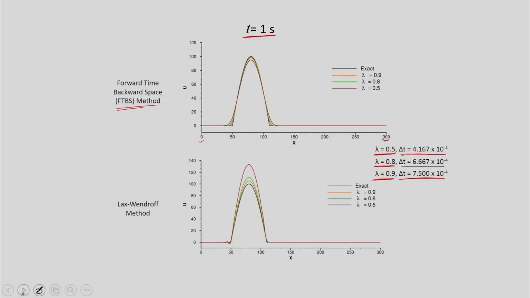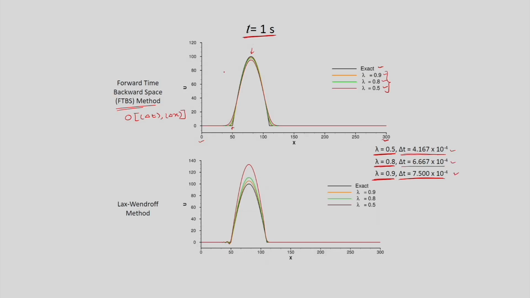And obviously, if you decrease the value of λ, then accordingly you will get some error in the solution. You can see here, now we are considering FTBS, forward time backward space, whose accuracy is first order in time and space, Δt and Δx. This is the exact solution, which we have shown in black color. You can see here and here at the top that it is the exact solution. Now, these are the computed solutions for different values of λ: λ equal to 0.9, 0.8 and 0.7, and the corresponding Δt I have written here.